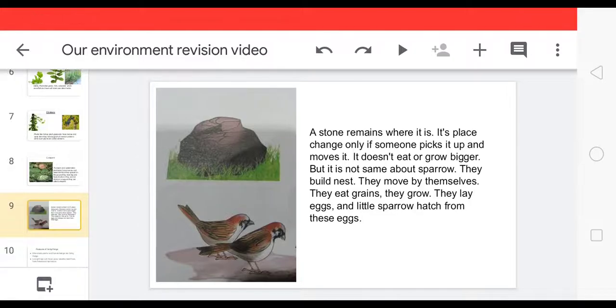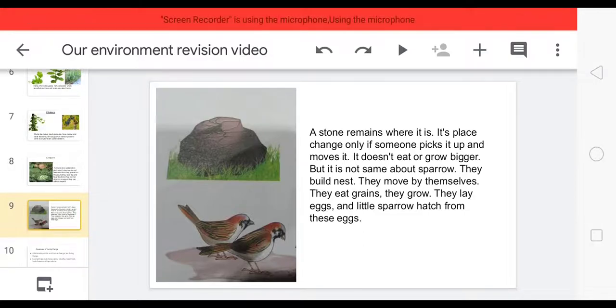See children, as you can see in the picture there is a stone. Stone remains where it is. If someone picks it up, then only it can move from its place. Stone doesn't eat anything, and that's why it doesn't grow bigger. But all these things are not the same about a sparrow. The sparrow can build nest, they move by themselves, they eat grains, they grow, they lay eggs, and little sparrows